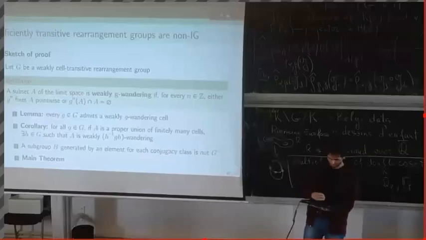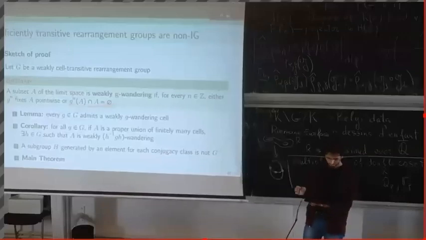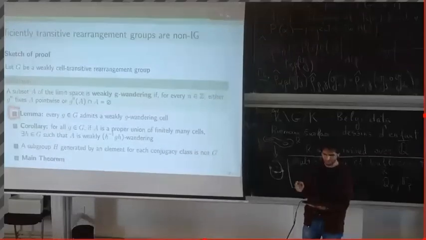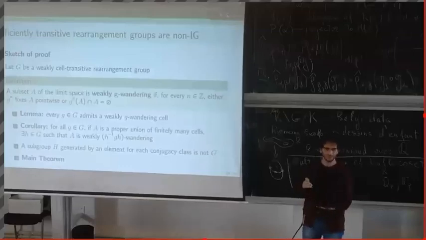So to somewhere else, I mean this part here. Now, the first thing that we prove is this lemma. Every element admits not only a weakly wandering subset of the limit space, but a cell that is weakly wandering. Then we prove, thanks to the weak cell transitivity, that if you've got an element G and a union of